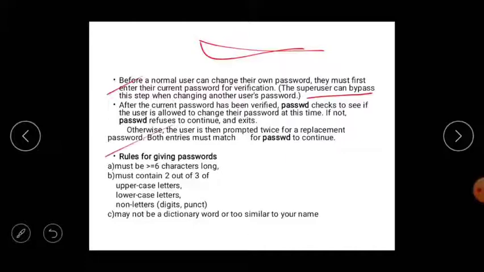Rules for giving a password. Here some rules apply when giving the password.